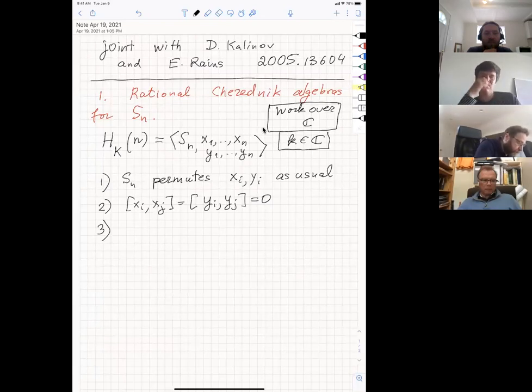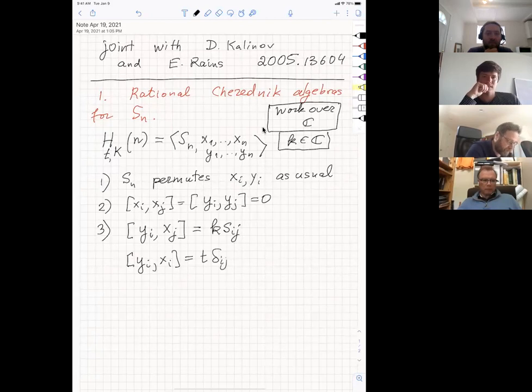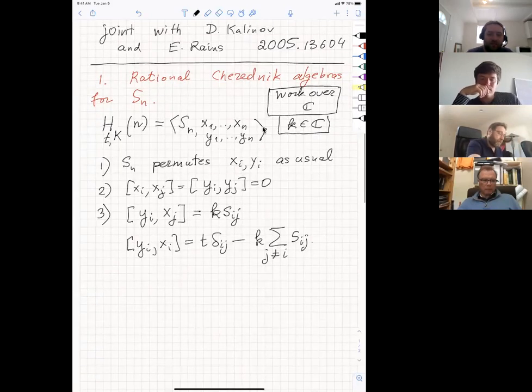so let me, maybe I should call this H_{t,k}, because it's going to have two parameters. So the third relation is the interesting one: [y_i, x_j] equals k times s_ij, the permutation of i and j, and then [y_i, x_i] equals t minus k times the summation over j different from i of s_ij. So this